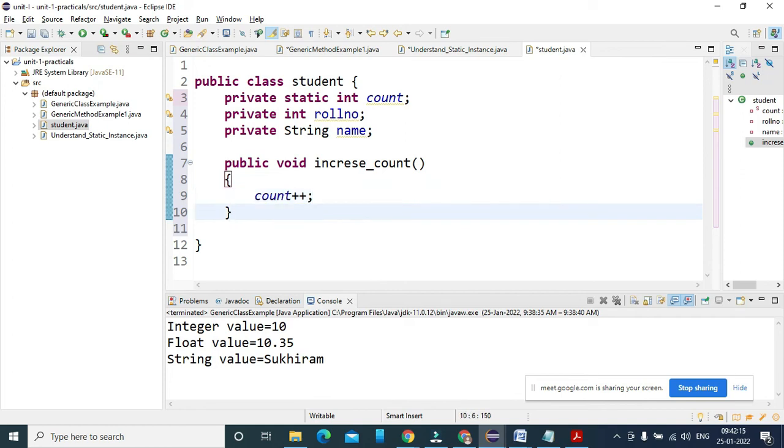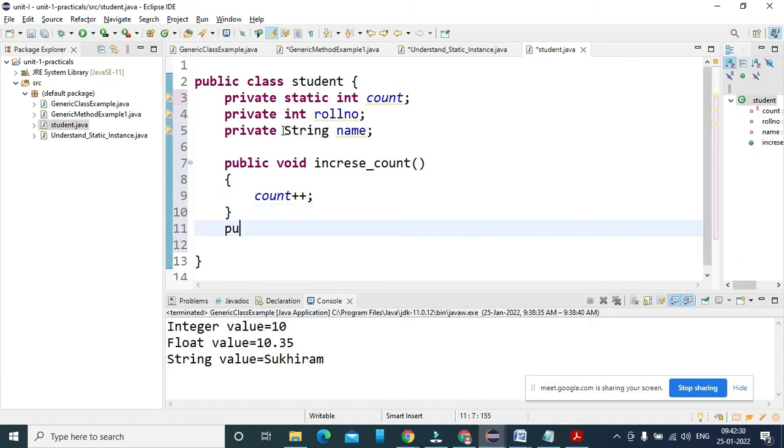So what happened here? Okay, it's supposed to use the static method. Let me check why it's not showing me the error here. It's supposed to show the error. Public void and print count here.